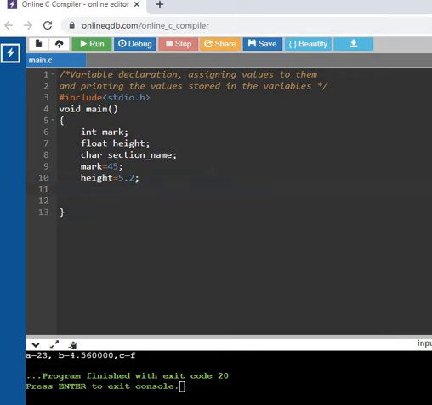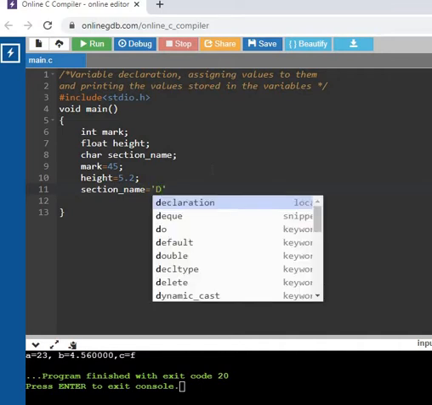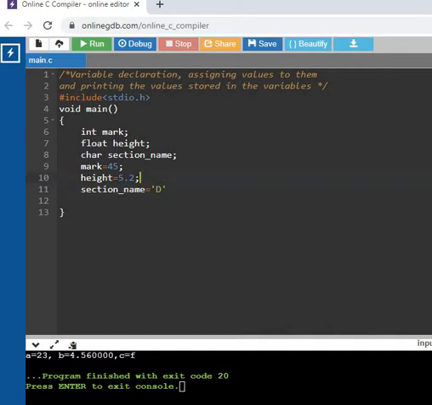Then section name, if I want to give it as D section, I can give it here. After each variable declaration, you have to give a semicolon.